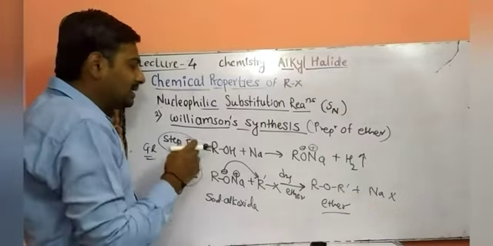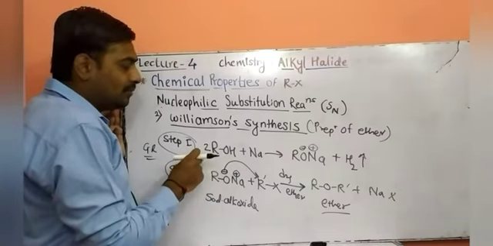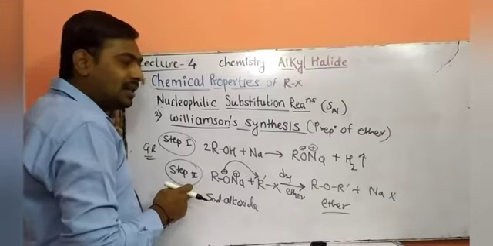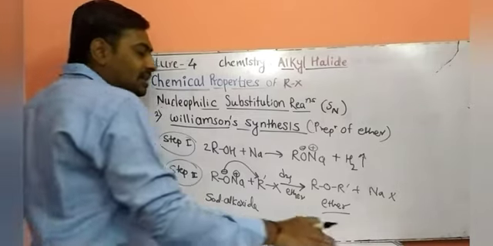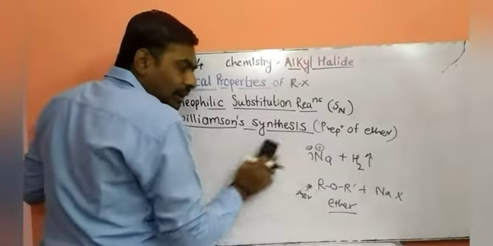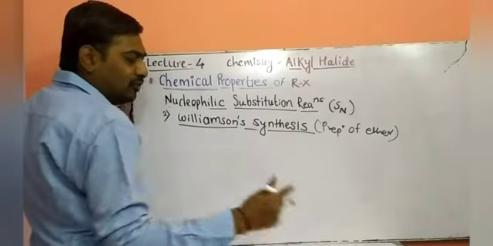So what is the reaction? The reaction is called Williamson synthesis. It is carried out in two steps. Step 1 is the preparation of the nucleophile, and what is the name of step 2? Step 2 is the attack of the nucleophile. We'll discuss examples of Williamson synthesis, so we'll directly deal with the second step, after the preparation of the nucleophile.